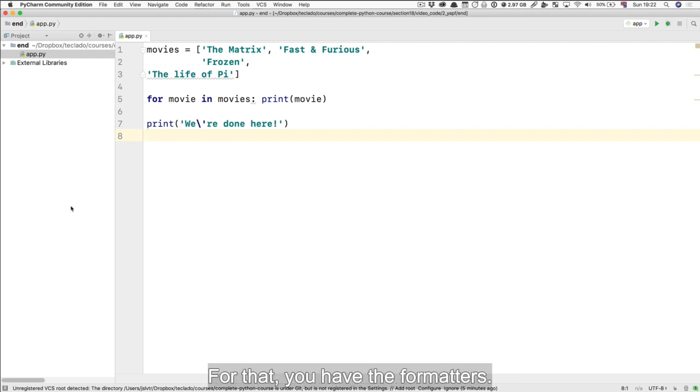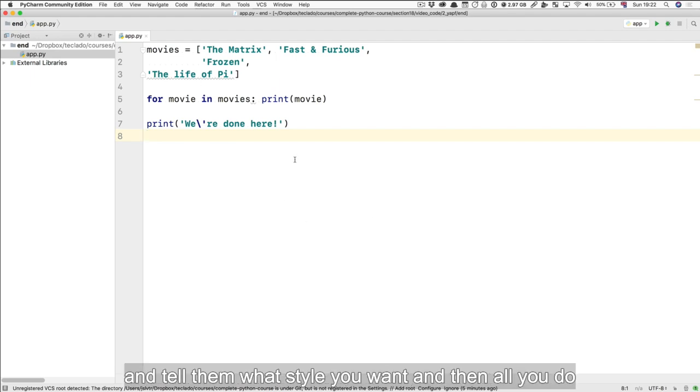For that, you have the formatters. The formatters, you can customize them and tell them what style you want, and then all you do is you run your files through the formatter, and it will change the files